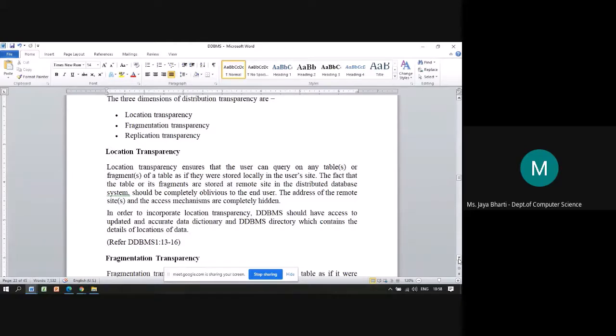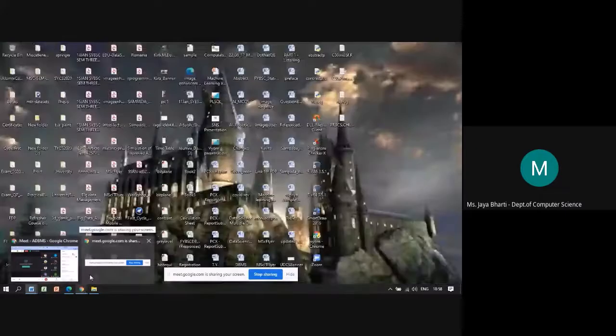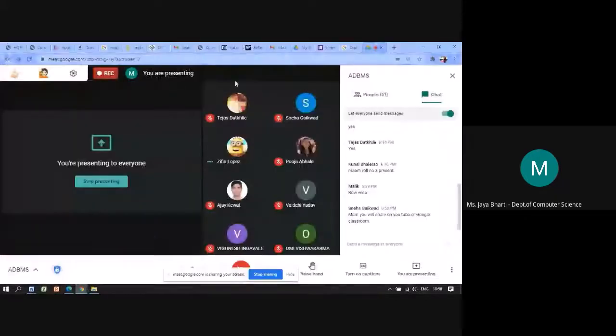Now we'll see one more example. There is one book where they have given an example related to location transparency.